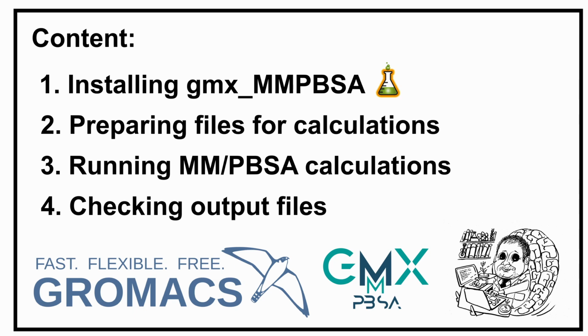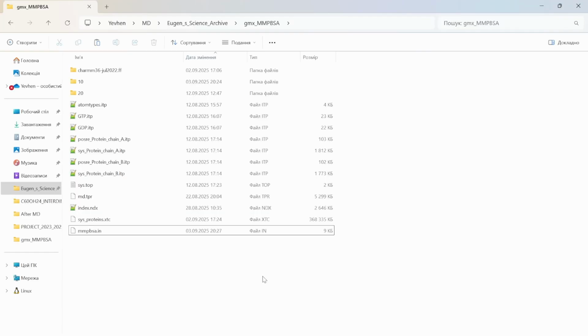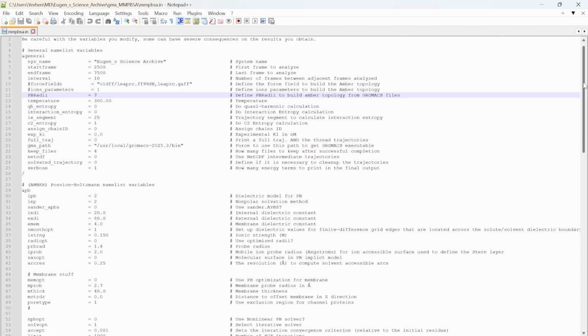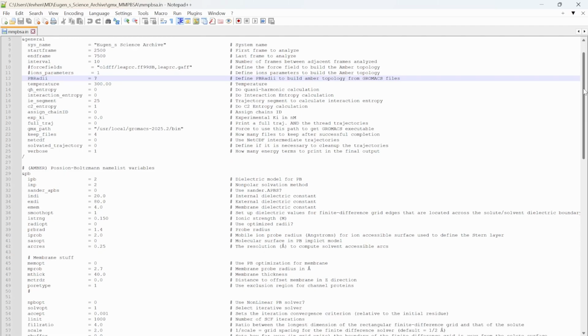Before running GMX PBSA, you must prepare all the required files. It is also highly advisable that you create a separate folder to run such calculations. You must preprocess your trajectory to leave only those index groups which you want to analyze. Also, you can remove all solvent molecules from your system. You will also need the portable binary input file which you have used for running a simulation,